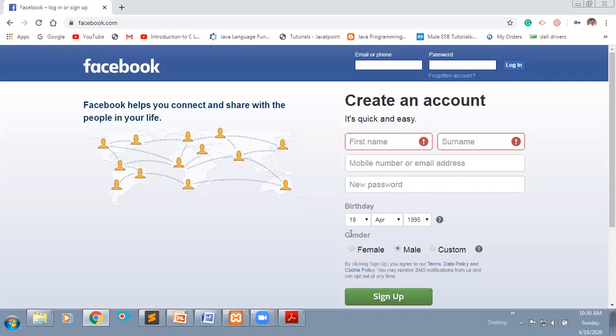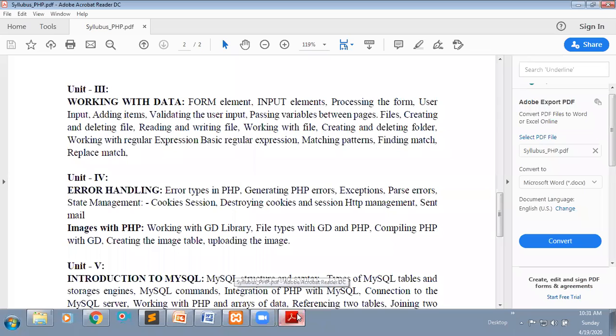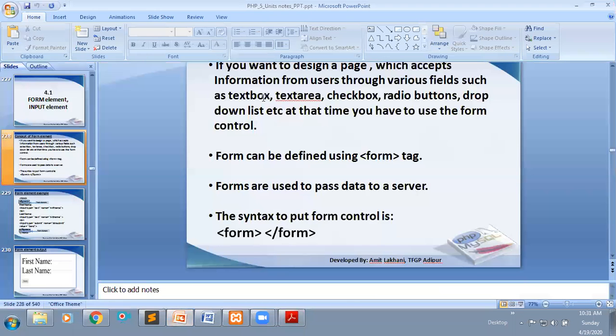But if you want to read the data from the user, we will go for the form concept. Within that form, it includes all these text boxes, text area, check boxes, radio buttons, and drop down list. So all of it will be included within a form. A form can be defined using the form tag.